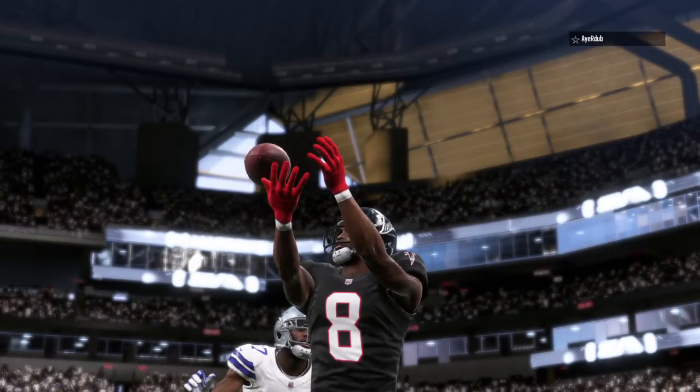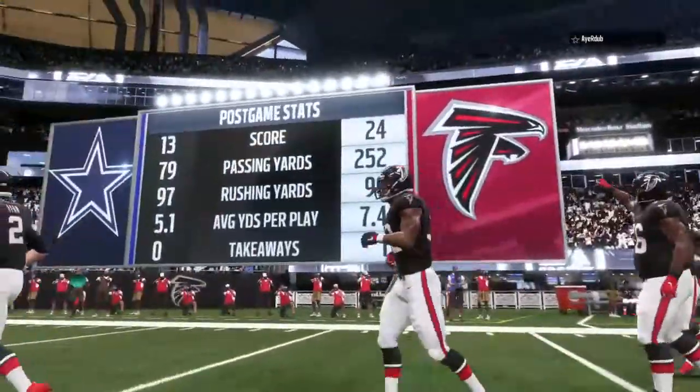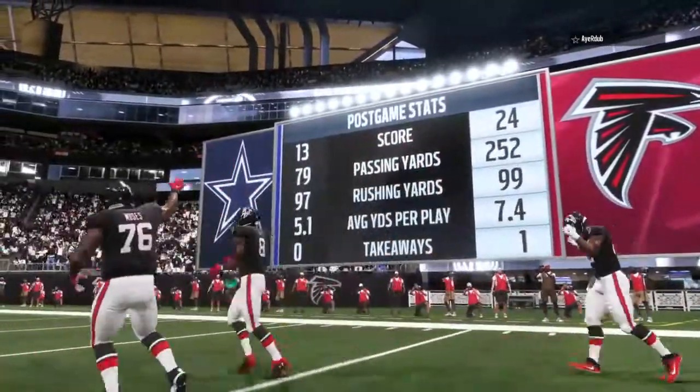So for Atlanta, they pick up win number 7 on the year. And they will hit the road next week for a date with the New Orleans Saints. Meanwhile, for Dallas,